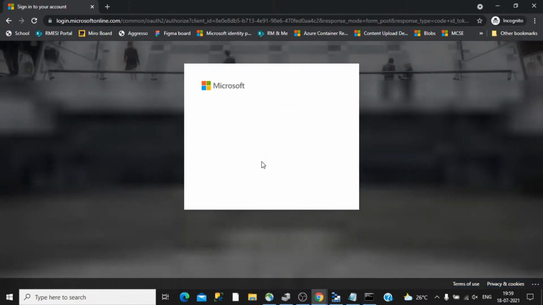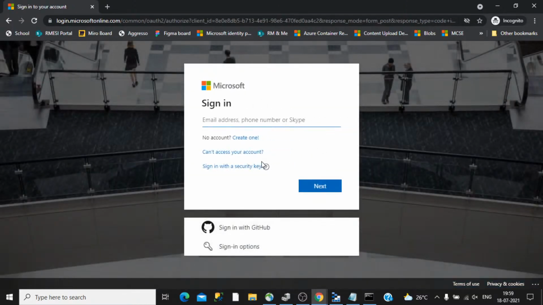Here you have to sign up by providing all the details. You first need an Outlook account as well. I have already created that, so I am not going into details about how to create it, but I can mention a few things you need to be aware of while creating this Azure account. First of all, you need a live Outlook account that you can sign up for free, and you have to sign in with that account, and your Azure account will be tied to that Outlook account.